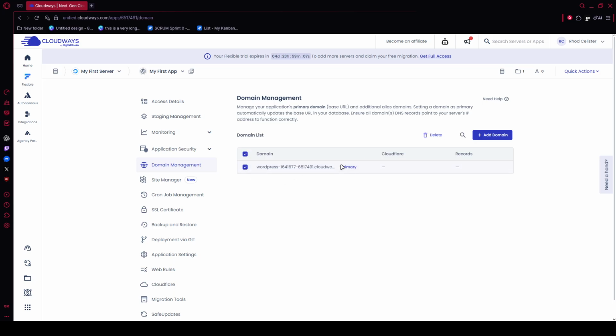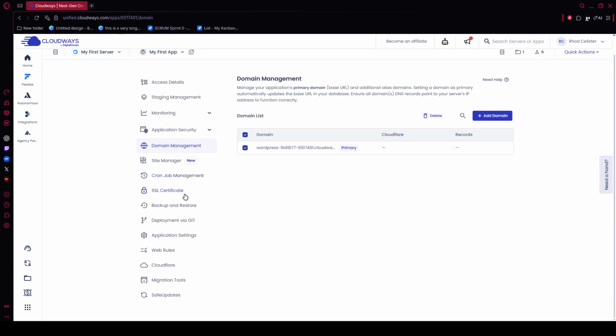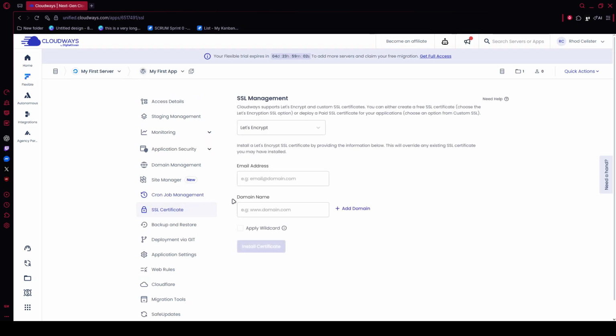Finally, do a quick review. Make sure the domain appears correctly in Cloudways. Confirm that the SSL certificate shows as active, and double check that your DNS records in GoDaddy point to the correct server IP. Keep in mind that DNS changes can take some time to fully propagate, so if the site doesn't update instantly, give it a little while and check again. Once that's done, your GoDaddy domain should be